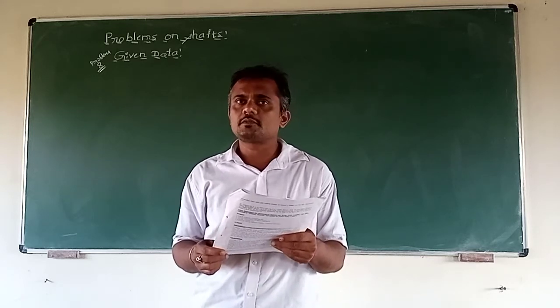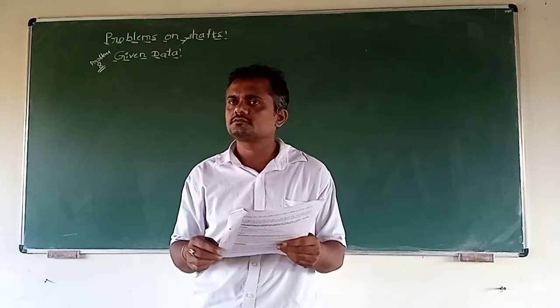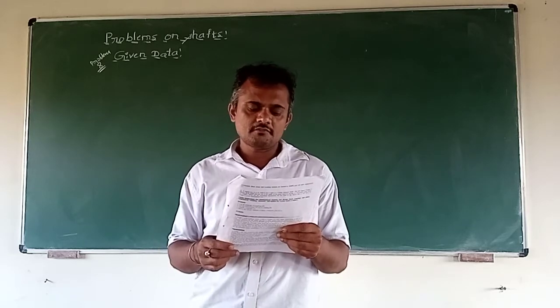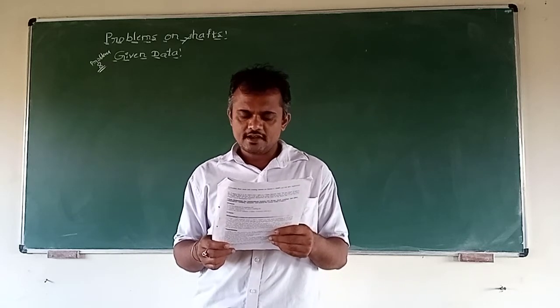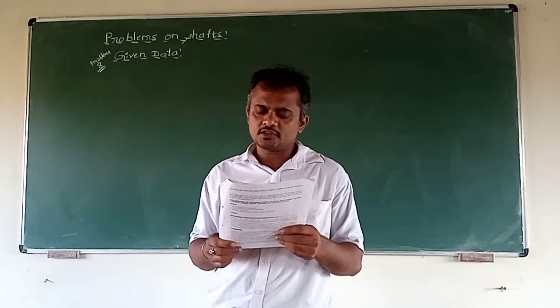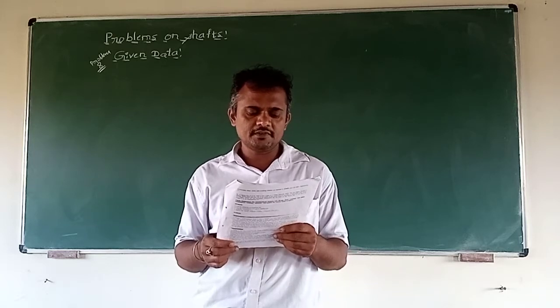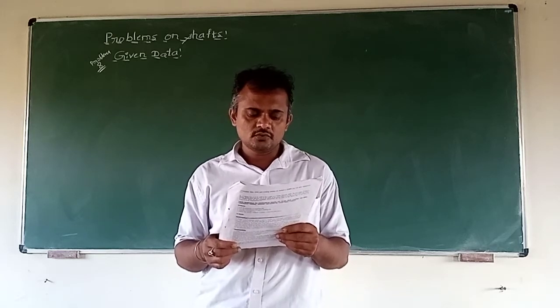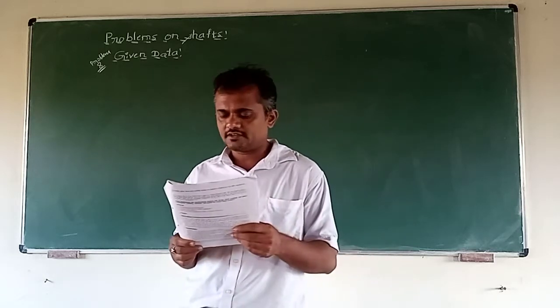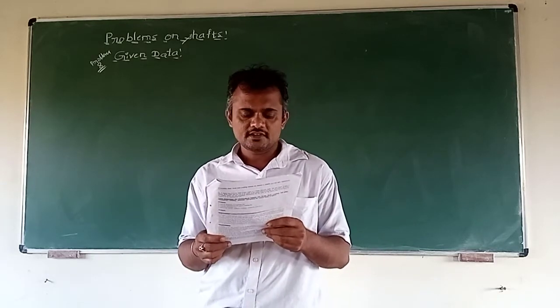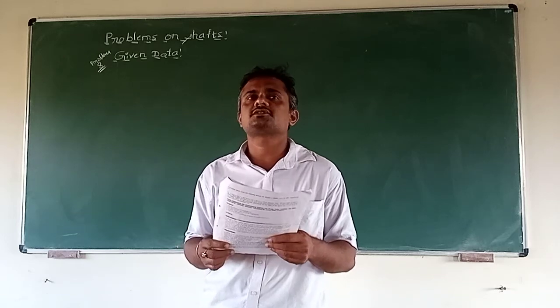So let me read out the problem and afterwards we will write the given data. A mild steel shaft has to transmit 75 kilowatts at 210 rpm. The allowable shear stress in the shaft is limited to 42 Newton per mm square. The angle of twist is not to exceed 1 degree for a length of 20 diameters. Calculate the suitable diameter of the shaft.